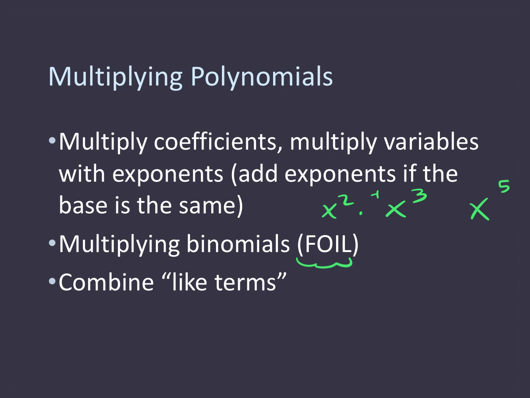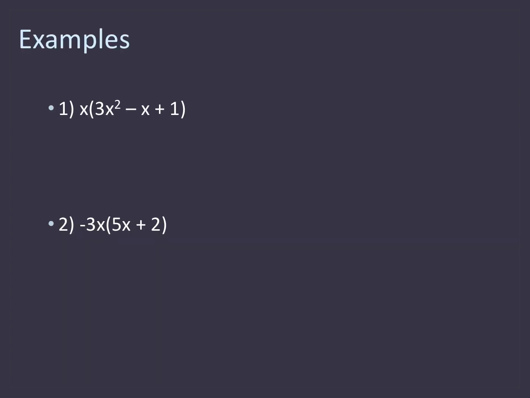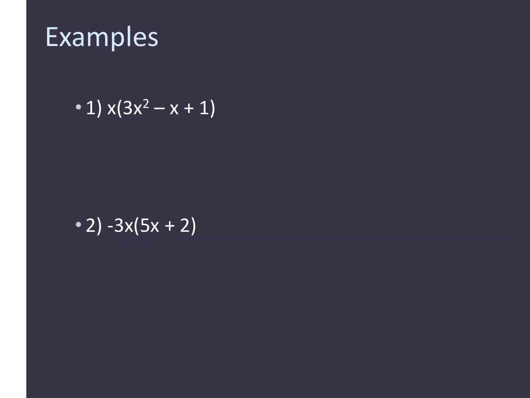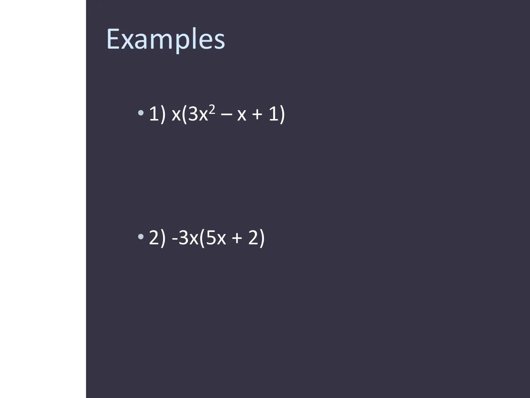What we're going to do is multiply a monomial times a trinomial. Again, you don't need to know any of these vocabulary terms. You just need to know how to multiply and factor. So for this one, all I'm doing is distributive property. I need to distribute the x to the 3x squared. Once I do that, I get 3x to the third, because remember this x has an assumed power of 1,